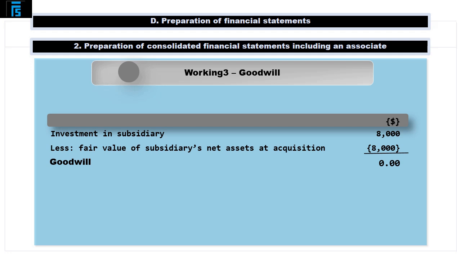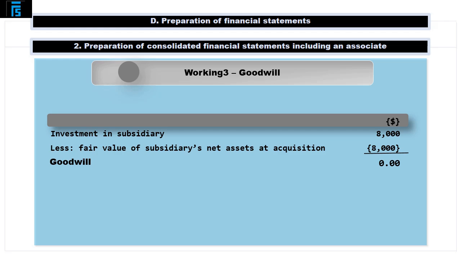From this, we deduct the fair value of the subsidiary's net assets as at the date of acquisition, which may naturally be taken as the €8,000 total of the acquisition date column from working 2. Seeing as the subtraction yields a result of 0, we conclude that there is, in fact, no goodwill arising on